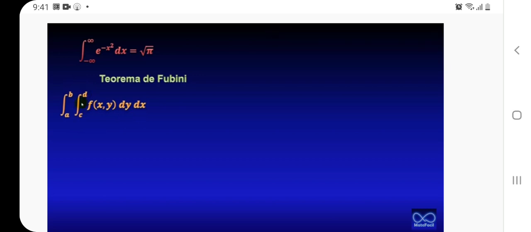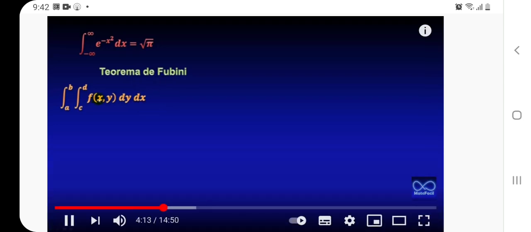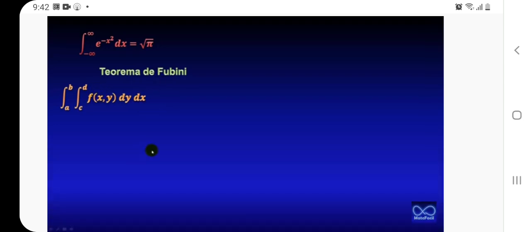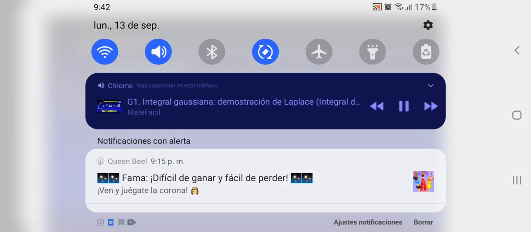Aquí, bueno, hay que recordar cómo se leen las integrales dobles. La última integral siempre es la que tiene los límites de integración del primer diferencial. O sea, c y d son los límites de la variable y, a y b son los límites de la variable x. Bueno, lo que el teorema de Fubini dice es que si esta función de dos variables la podemos factorizar como g de x por h de y,